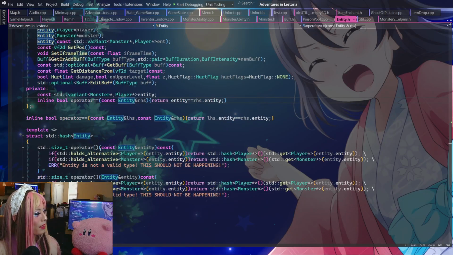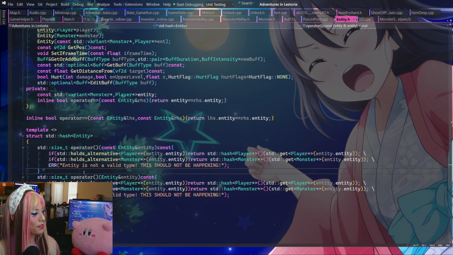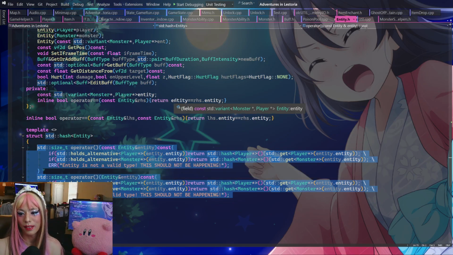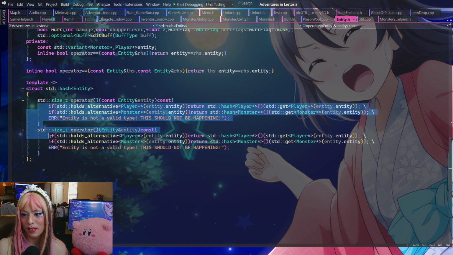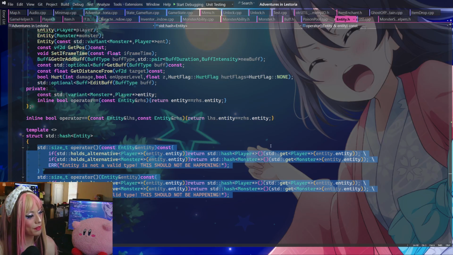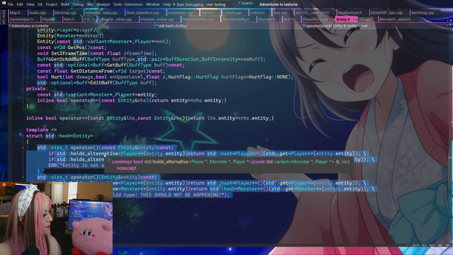So firstly, I wanted to also see if I could actually just use the hashes of the variants, because I didn't realize, like, sure, we're using the entity value here. Why not return the standard hash of the entity value up there as well? Right? I didn't really think about that, but I'm pretty sure we can do that. We can just return the hash of the standard variant instead. So I want to try that real quick. So instead of all this mess, we just do,